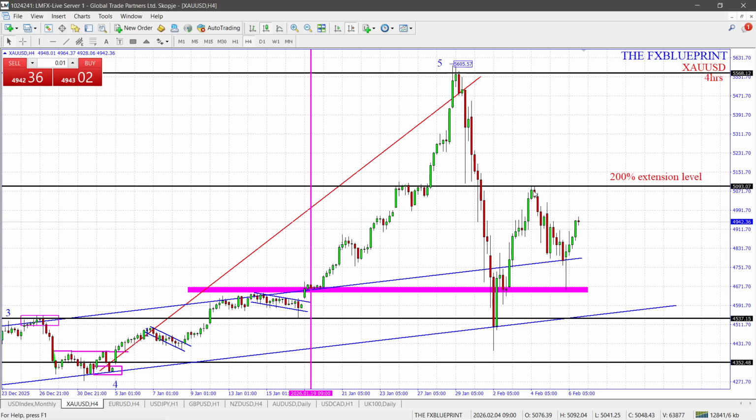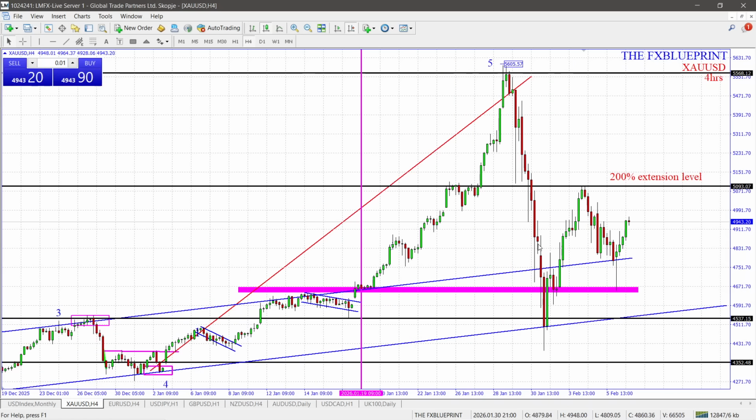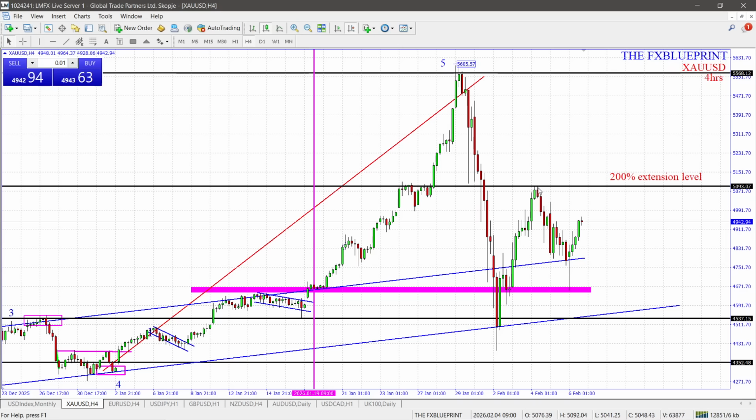Now the next thing to try and establish, okay, the market then respects our 200 level, establishing a structure of some sort, and then descends down to establish a bottom, right? Leaving a long wick over here, right? The bottom of that sits right on top of our resistance turned support. Again, I'm gonna say that again, resistance turned support. Why? Because it was a resistance here that got broken,